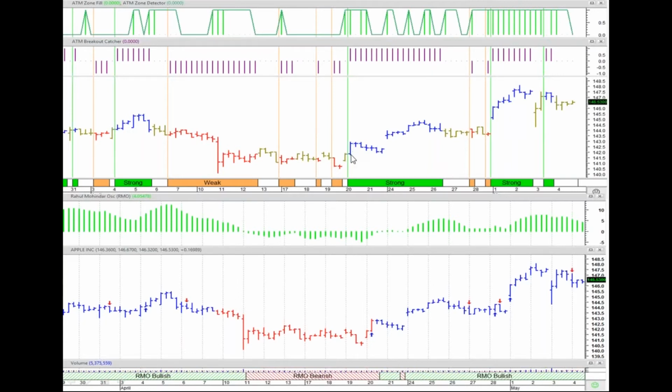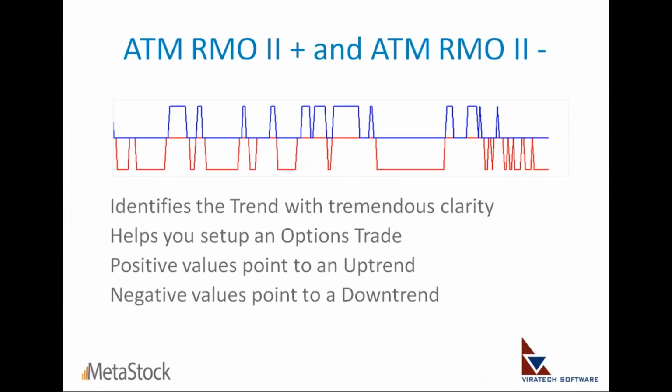For example, here the buy kicks in faster. So the breakout catcher does turn out to be a little faster. And if you're more the impulsive type of trader who's willing to get into it even shorter term or quicker, you probably would like the breakout catcher. So suit your way of trading. That's why we've given you both the breakout catcher and the RMO super filter models. So take your pick. If you're a trend following guy, not worried about the 5 or 10 bar drop, but more interested in the 50 and 60 bar rise, maybe the super filter is more for you.